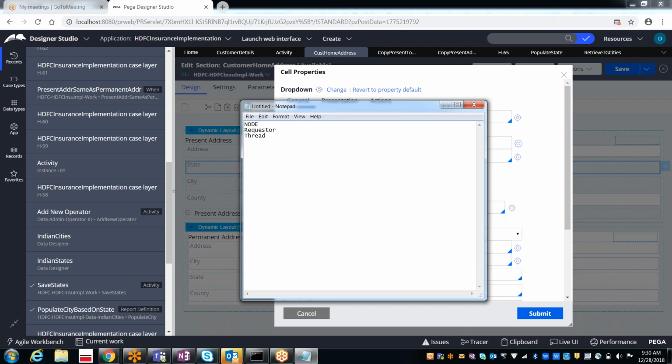So if the server is down, what will happen? Nobody can access the information or the details.